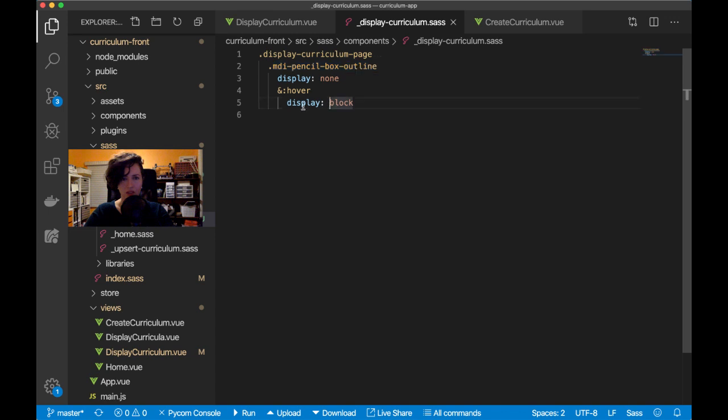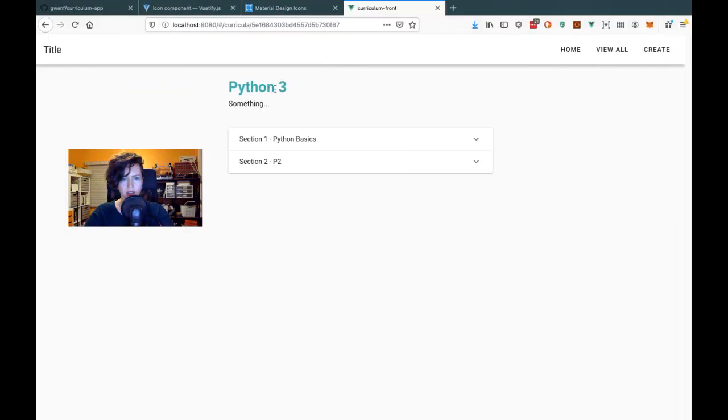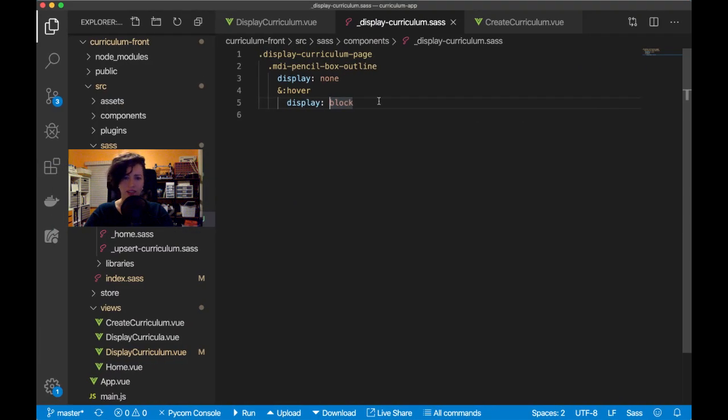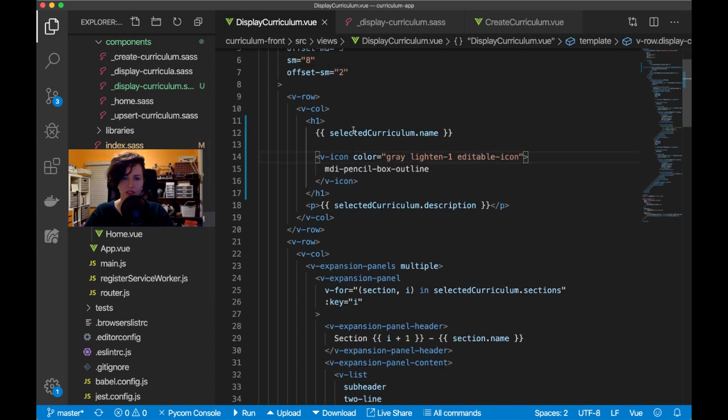So on hover it should display block. Oh, that was, yeah. It's basically not there to hover over, of course. So I need to see if I remember how to do this. So this is display none, but then when I hover over the H1, I want the pencil to display. So I think I'm going to have to